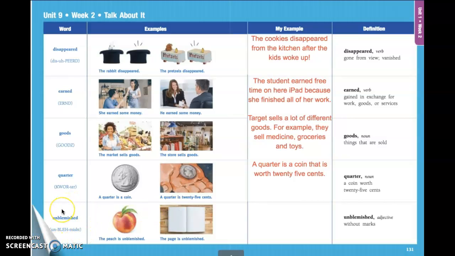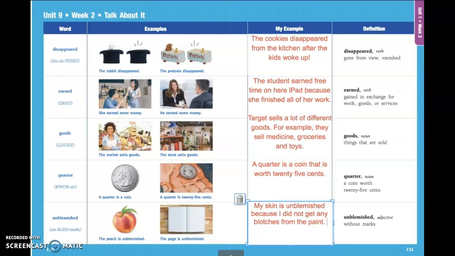Let's go ahead and count the syllables in the word unblemished. All right, let's do it with me. Unblemished. Unblemished has 3 sounds. Let's go ahead and write our sentence. Our sentence is going to say, my skin is unblemished because I did not get any blotches from